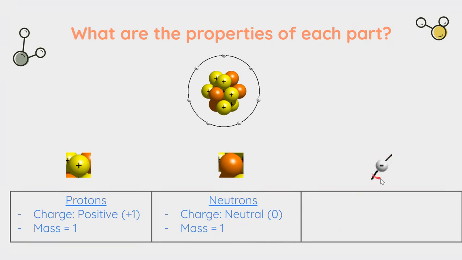Our electrons, we can kind of give it away based on the image here, they have a charge of negative, or a negative 1 charge for every electron. There's no kind of clue here. We just have to remember that electrons are negative. Also, our electrons are so small that we basically say they have no mass. They don't really weigh a lot when compared to the other particles. So we say they don't affect mass.